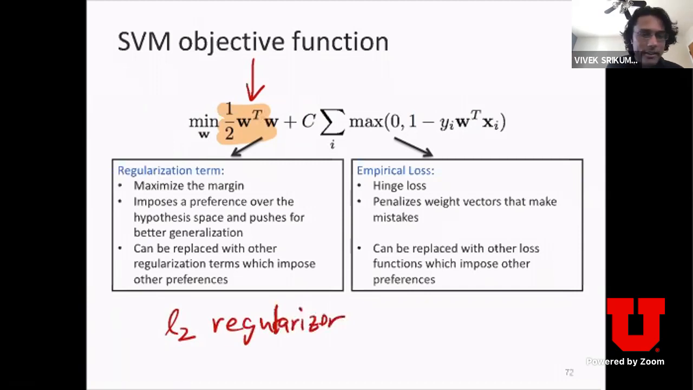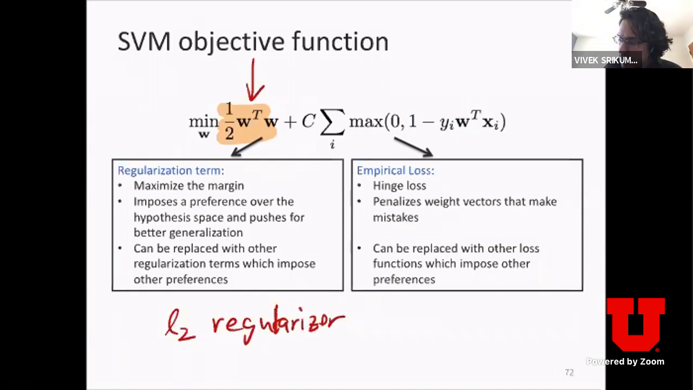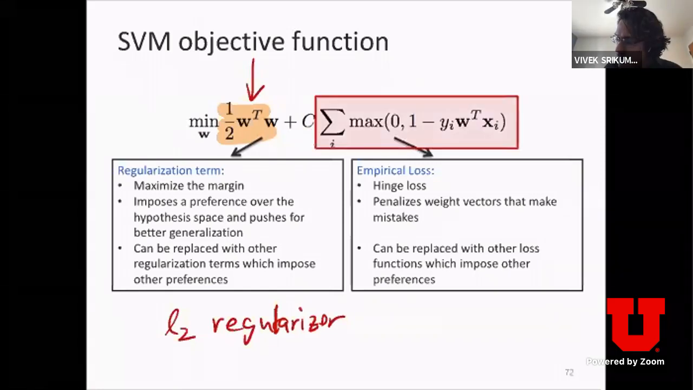It turns out there are other regularizers which impose other kinds of preferences. This is a popular one. In fact, this is perhaps the most commonly used one. The L2 regularizer just says, among all hypotheses, I want the one that has the largest margin. There's this other term here, this expression, which is